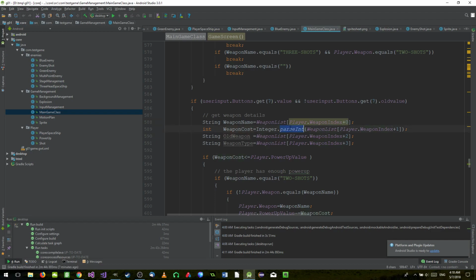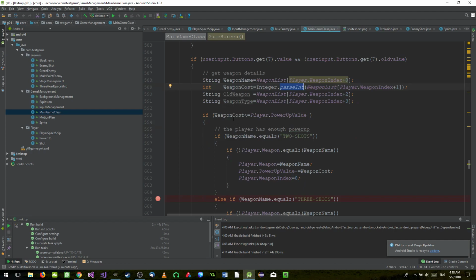I parse that because it is an integer value, so I know how many energy units I need. So if the weapon cost is smaller than or equal to the player power up value, which is the energy that the current spaceship has, well, we just say we are going to the next phase, which is purchasing the weapon. So if the weapon equals 2 shots,